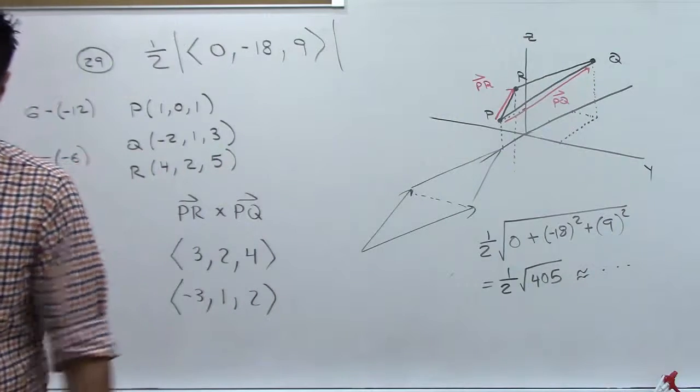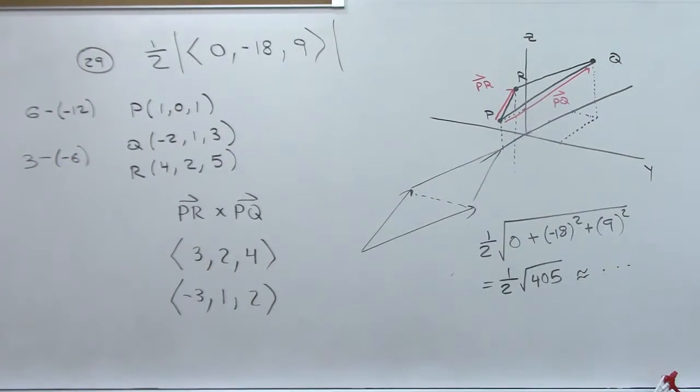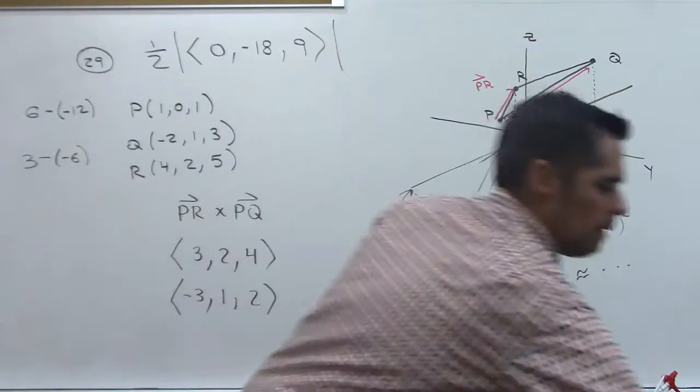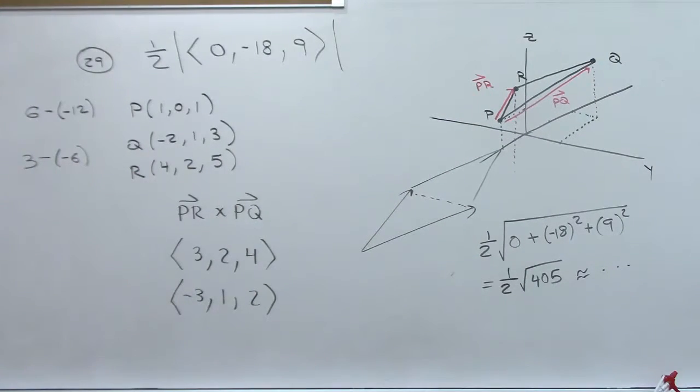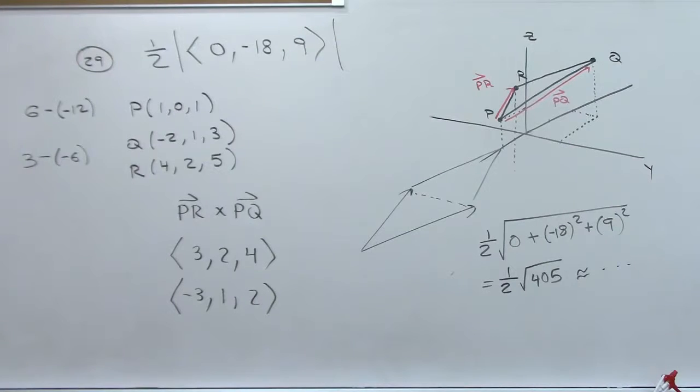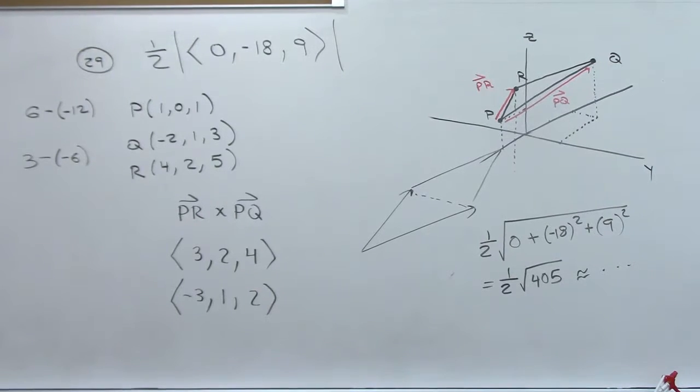Okay, that's 29. 30. Let's see what else I have on here. 30 and 31 will work the same way, so I won't do those. And then 35 is the next problem. So for 35,